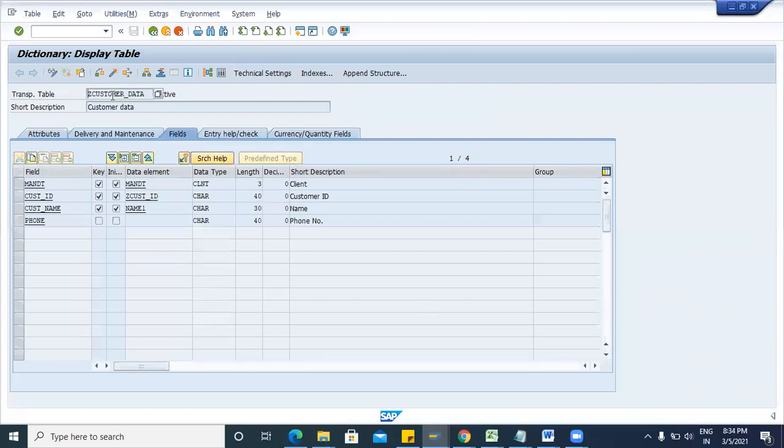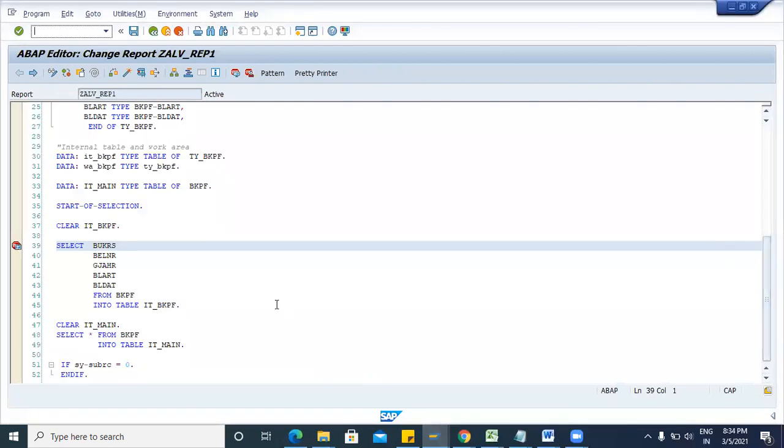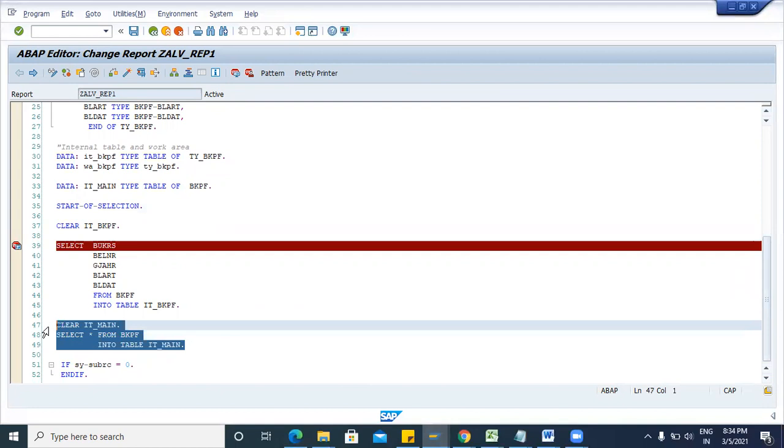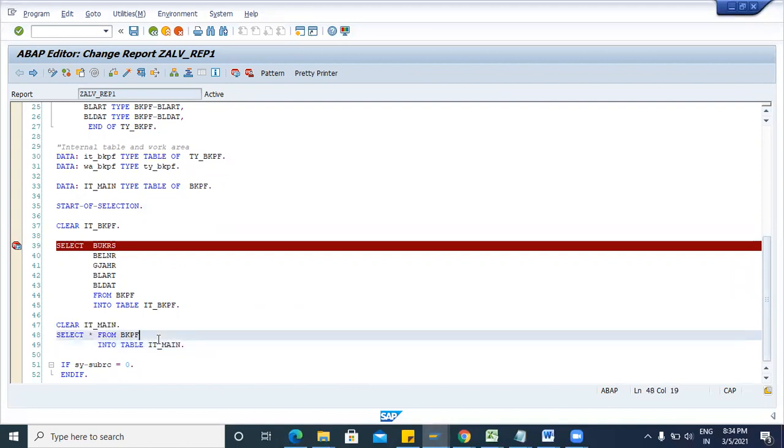Select star from this table into internal table. But if you are using any standard table, then select star is not recommended. You cannot take all fields from this table because in real time, all fields are not required. You can fetch only the required fields. So this is the process.